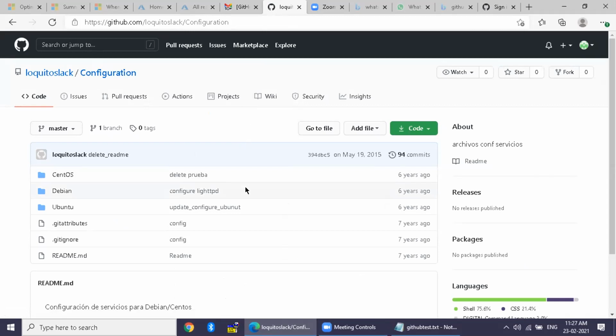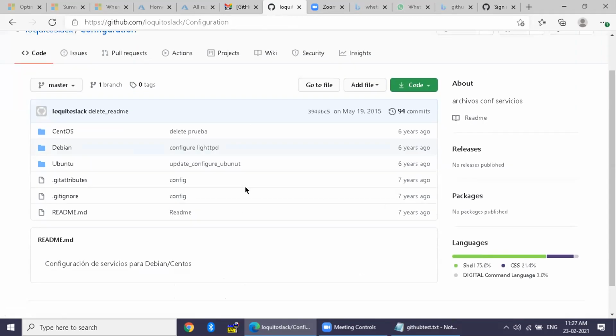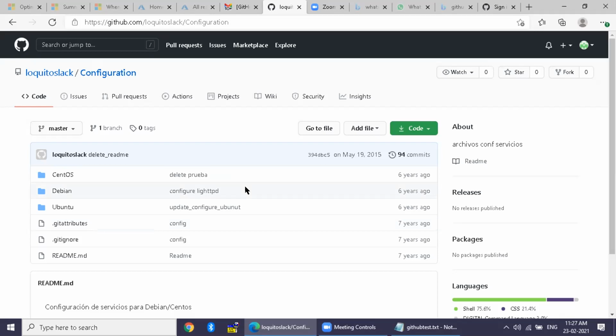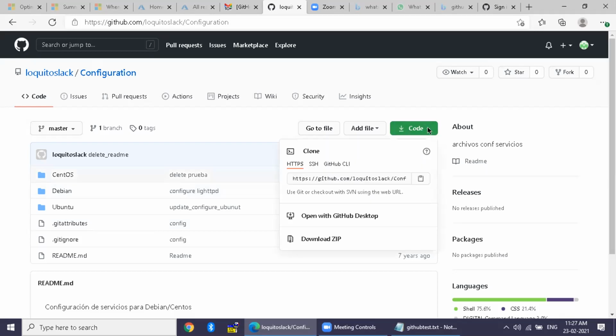Now you like this code. So what are the options you have? You can go to the code menu, a green color code button, and you have the option to download. Another option is that we can replicate this whole repository from this user to Gopinath. You can fork it.